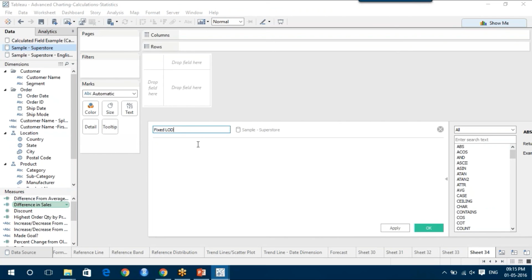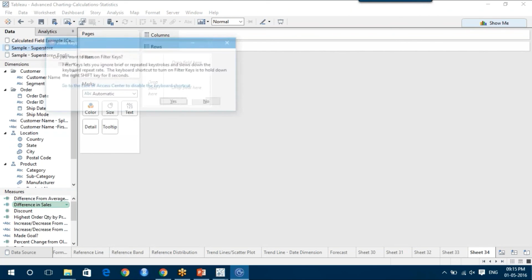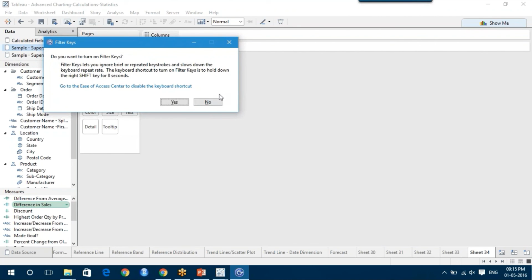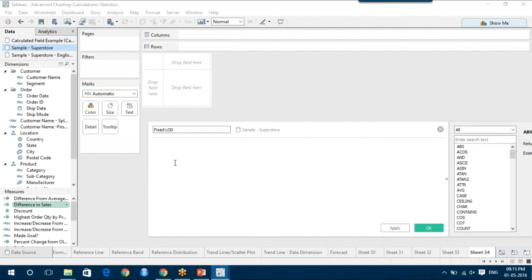In order to write this LOD, level of detail, you're getting into the depth of the data, maybe. So we first need to start off with a curly brace, type fixed